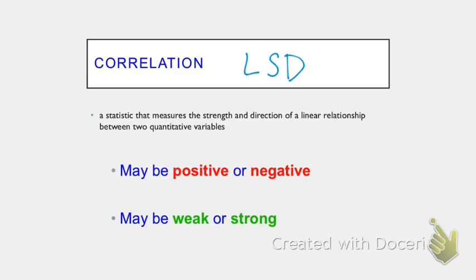So you're not going to forget it. You're going to say that it is linear. You're going to name the strength, and you're going to name the direction. So strength means weak or strong or moderate, and then direction is positive or negative, and you'll just say the word linear. So it'll be linear, moderate,